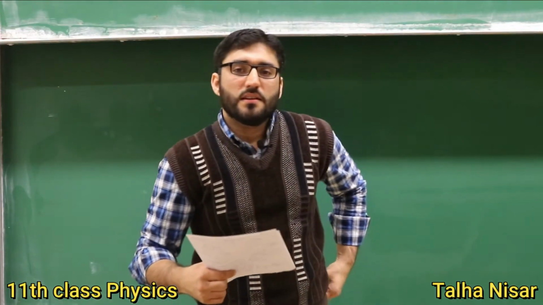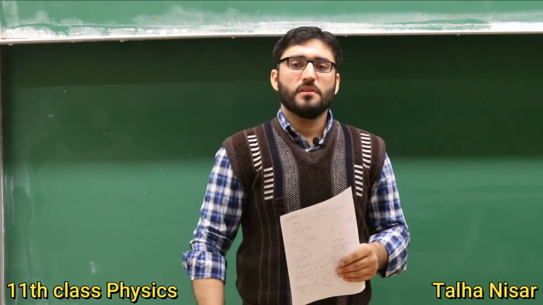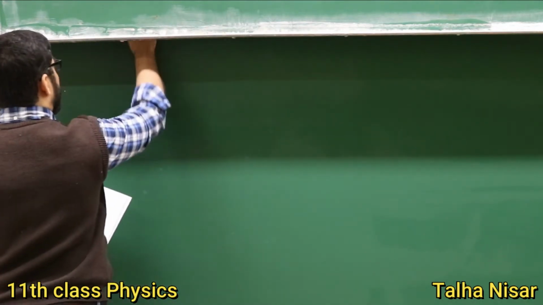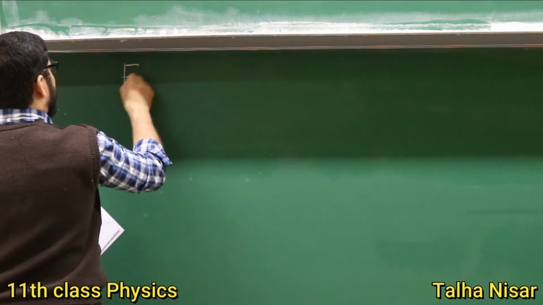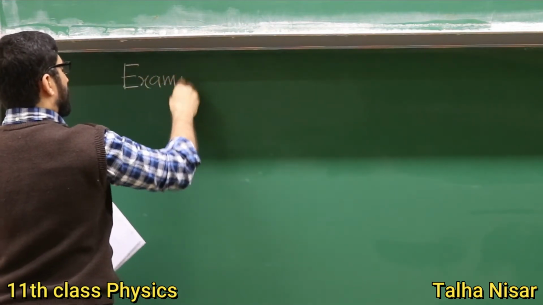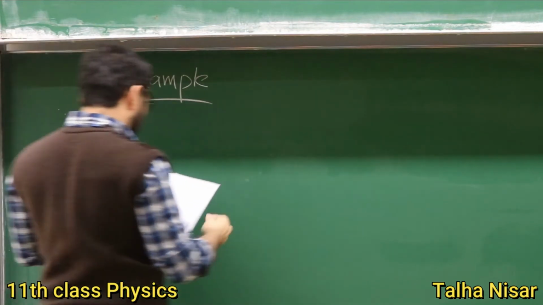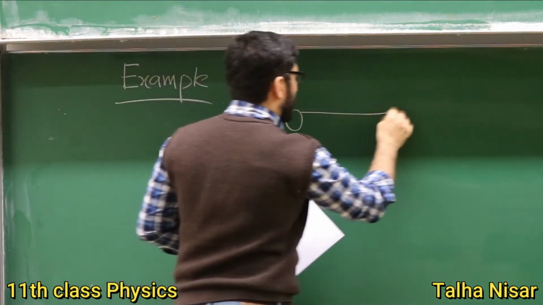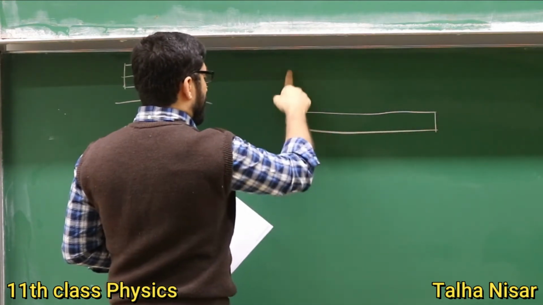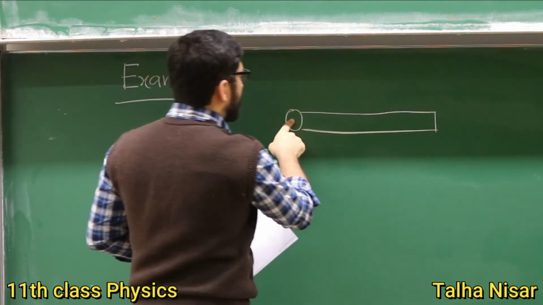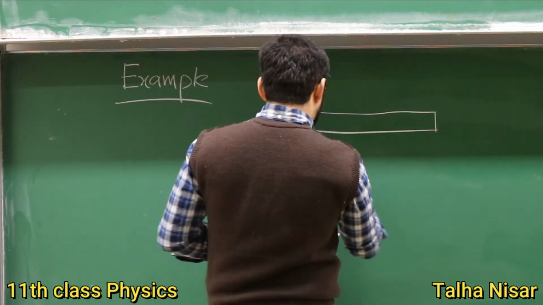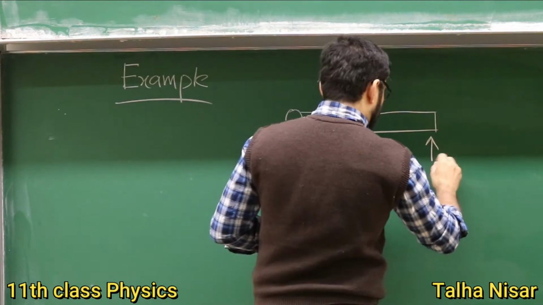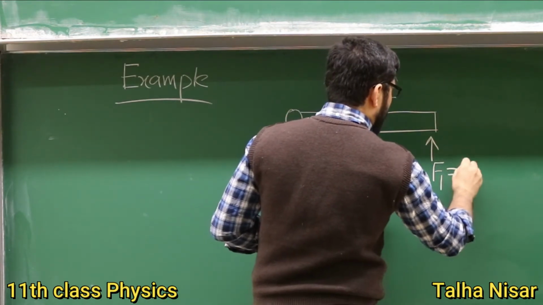So now we take a second example in which the two forces are applied in two different directions. So we have another example. We take the example of a door. So this is a door. This is attached to a wall. So this is the axis of rotation, and there is one force which is applied here, F1,